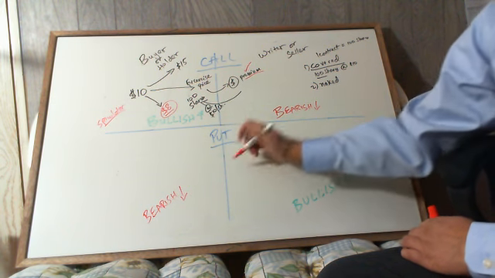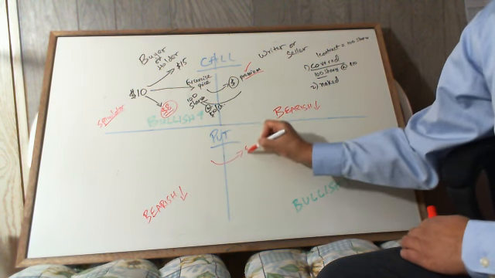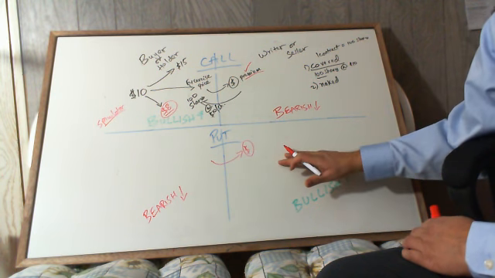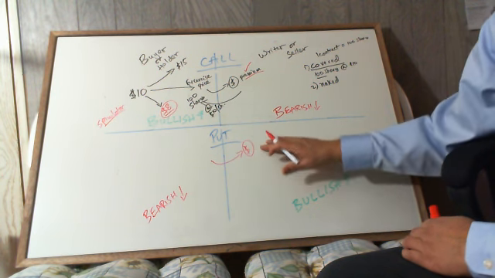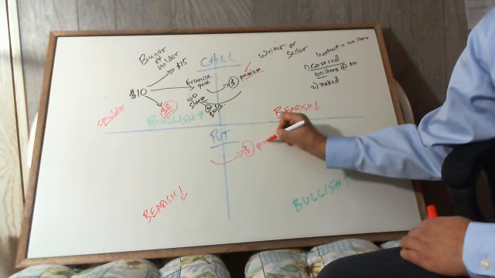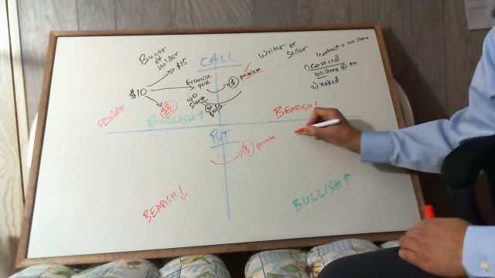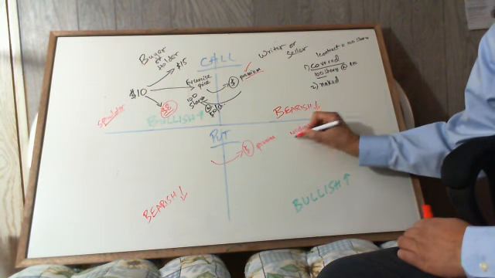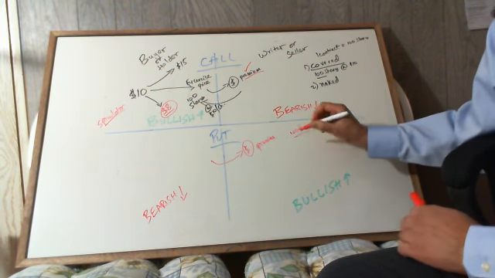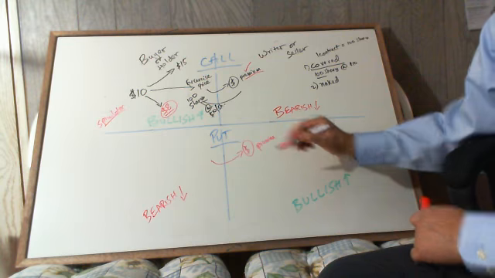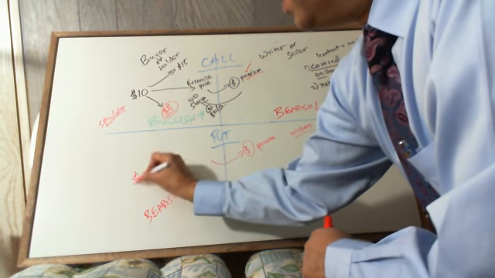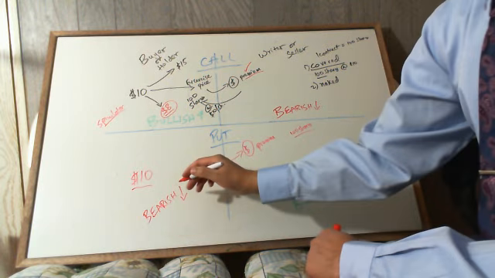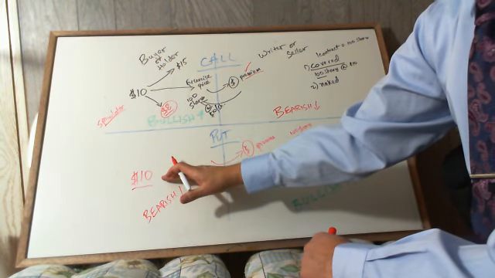Same thing happens, that this person gives him a premium. So remember, the premium always goes to the writer or seller. That is the same in both cases. The premium goes here for the contract, and the contract is again for 100 shares. One contract is 100 shares. Now in this case, this person expects the stock price to go down. He already has the stock, and suppose it's worth $10.